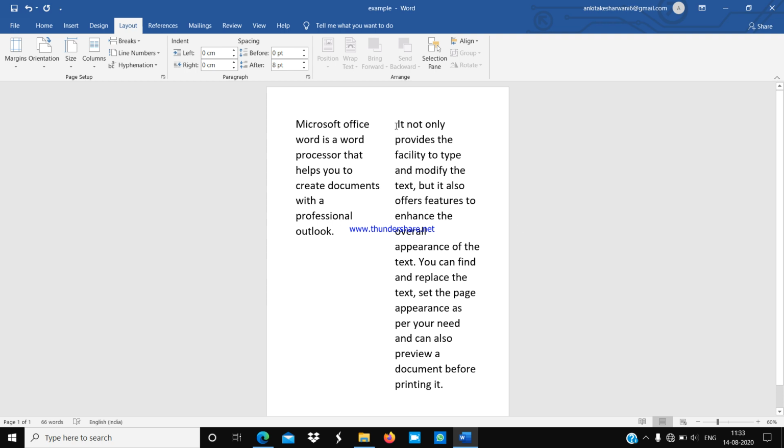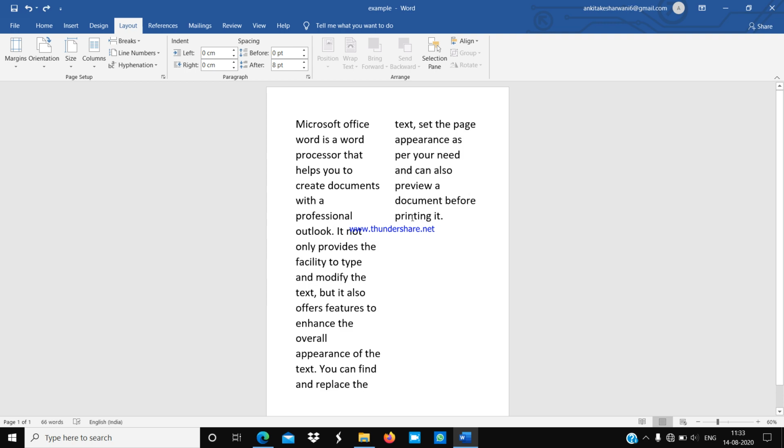Again I will show you. If I want to break my column from this line, Microsoft Office Word is a word processor that helps you to create a document with a professional outlook, after the Outlook word, what do I have to do?